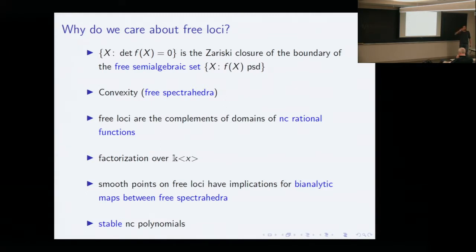If you go to the border of this set, at least one of the eigenvalues needs to become 0, right? So f of x becomes singular. So these hypersurfaces are more or less the Zariski closures of the boundaries of this set, right? So if you want to say something about this positivity set, it often suffices that you know some stuff about the boundary set. So the free loci